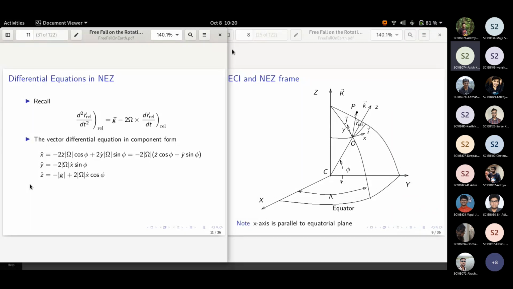So phi is the latitude of the origin. Longitude is not playing any significant role. It doesn't play much role here. So equations of motion depend on the latitude of the coordinate frame, depending on from where you are launching. What is that, Shar, or are you launching from any other location? So this set of equations will depend on the latitude of that location.